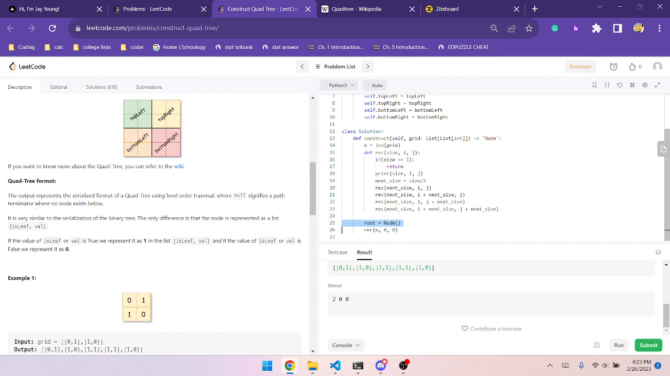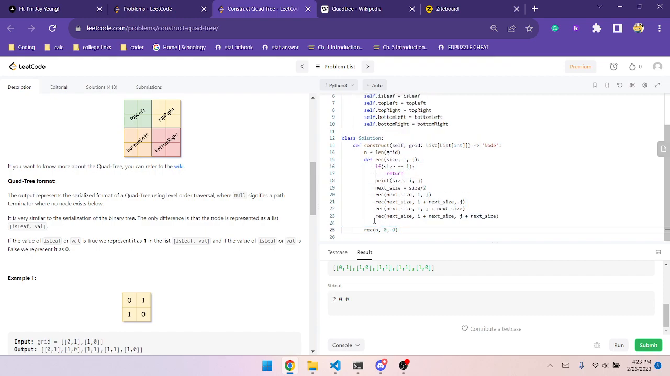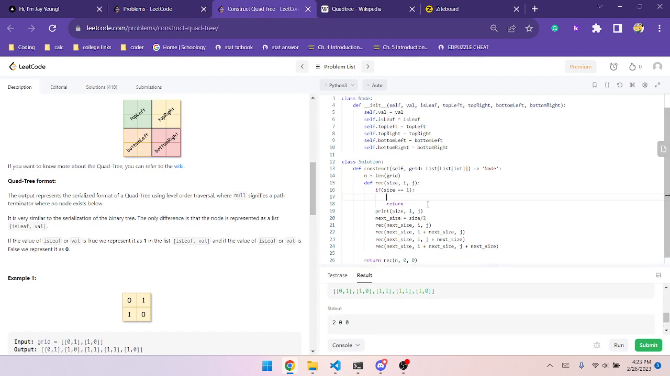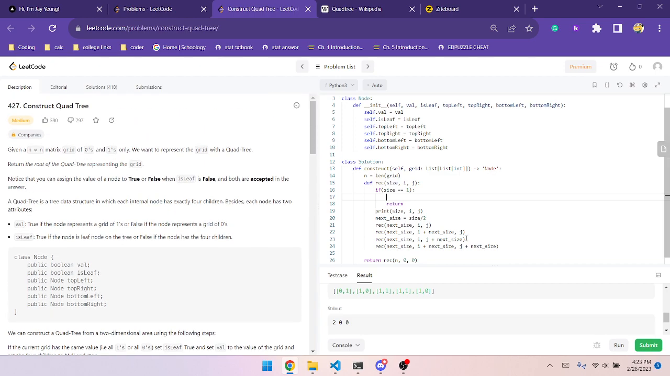Do we want to pass in the root node here? Okay, we want it to return a node, obviously. So once we get the size equals 1, we want to return what's at that location. So return the node of... how do I set these values? I say temp is equal to this, and temp dot val is equal to grid of i of j, and temp dot is leaf is equal to true,